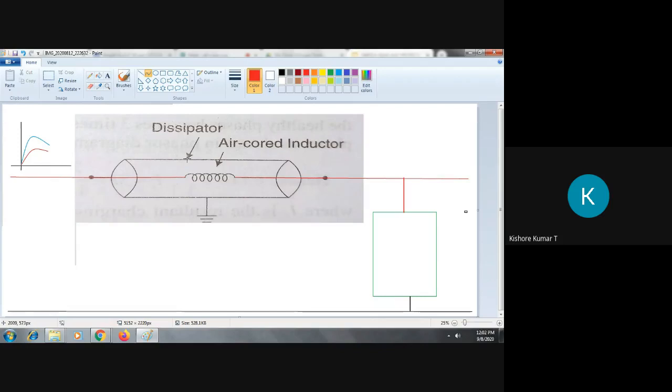Secondary should be assumed as short circuited here. And air will be acting as a medium for magnetic flux. Air is acting as medium for